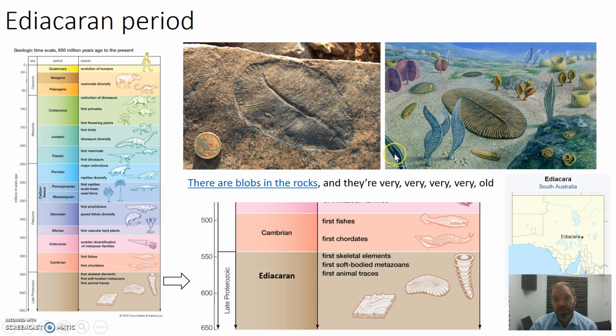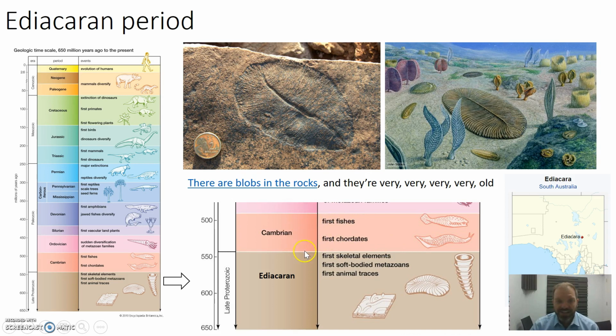This one's Dickinsonia, which would have been part of the organisms living on the Ediacaran seabed around this time. Not really organisms closely related to anything we might recognize these days, but certainly some of the first multicellular organisms were happening at this period. They just look like blobs in the rocks, and there's a Professor Flint song you can listen to.